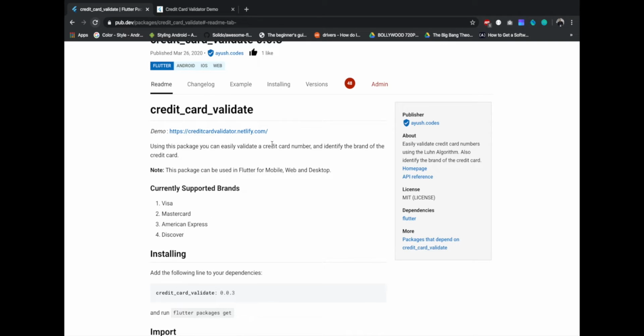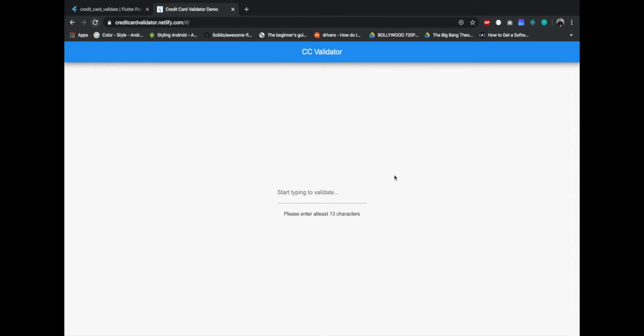I have intentionally put this demo on the web in order to show you that this package can be used not only on the mobile platforms, but also on the web. I have this tab open over here. This is a very standard minimal example. Now there is a standard in credit card numbers that the credit card number must be at least 13 characters in length, and as per the current scenario, we have a maximum of 19 characters in a credit card number, 19 numbers basically. So what we will try to do here is validate certain credit